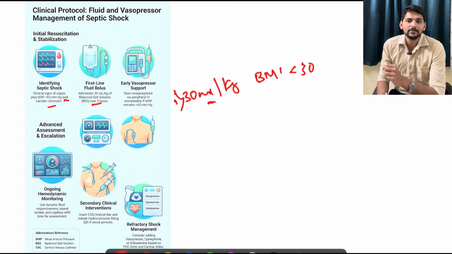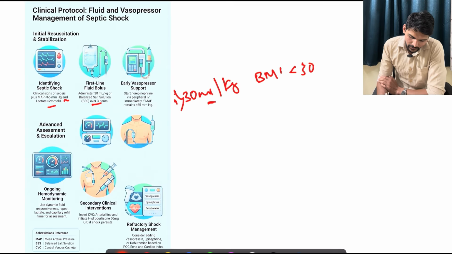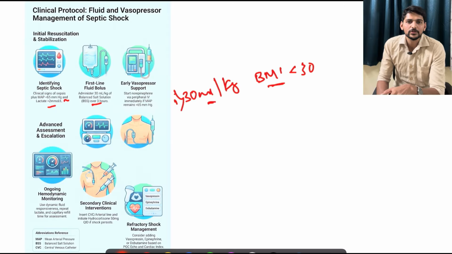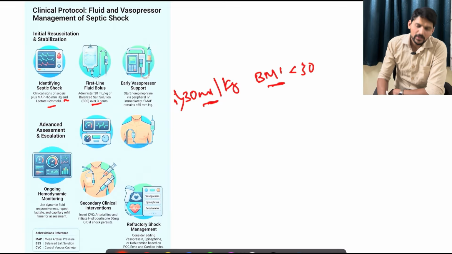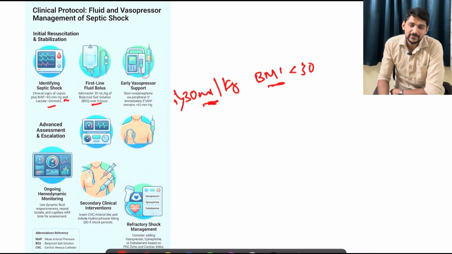Always look for critical conditions like cardiac disorders and chronic kidney diseases, in which we have to utilize fluid properly by seeing fluid responsiveness. And suppose the BMI is more than 30, the ideal body weight should be considered, and there the initial fluid bolus will change. So this will apply to those who have a BMI of less than 30 with no previous cardiac dysfunction or chronic kidney disease. Majority of the times we will be getting such individuals.